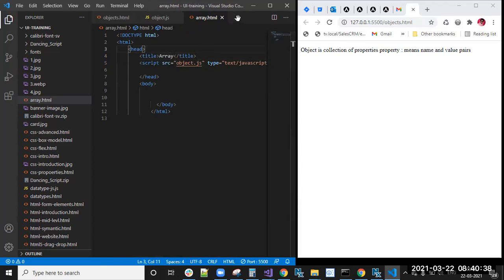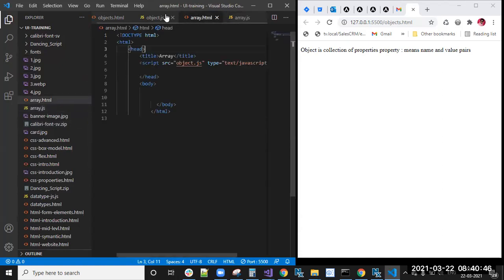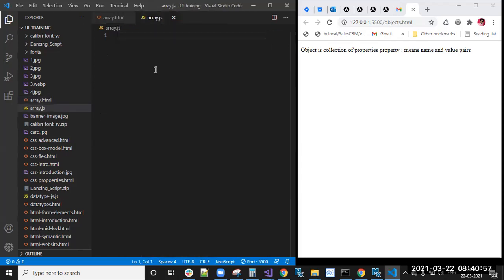I'm going to create a new JavaScript file. Here also we can create, right? Here I'm creating array.js. Here we will include it, and the objects file is not required now. Instead of objects, array.js. Nothing is there in array.js yet. Okay.